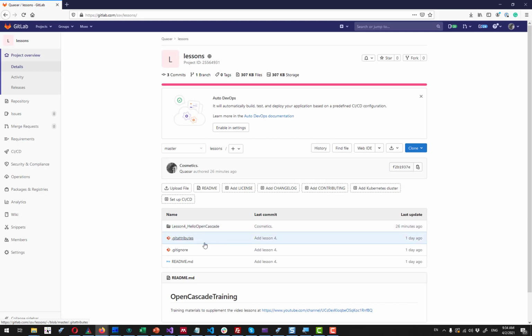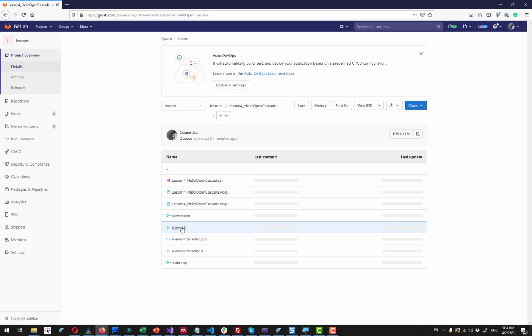In the future we'll have more directories over here for different lessons. So for now let's go to this lesson 4. And here you can find the whole solution, the whole project we are working on right now. And what we need right now is this viewer implementation with viewer.h and CPP, and